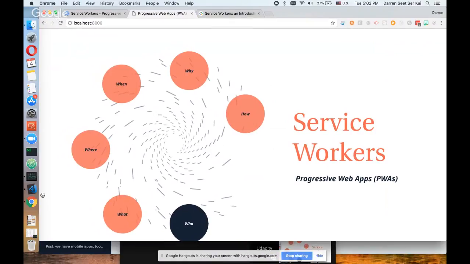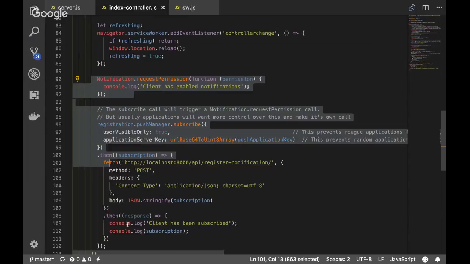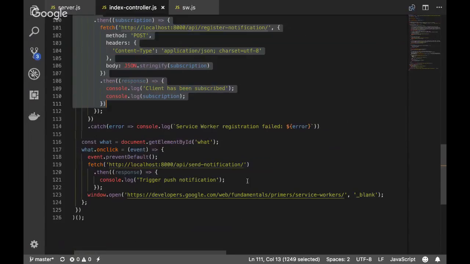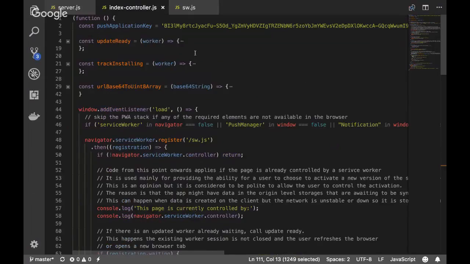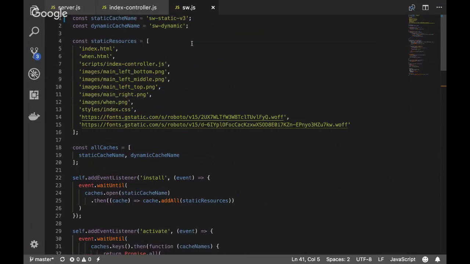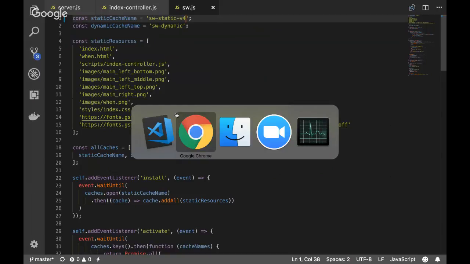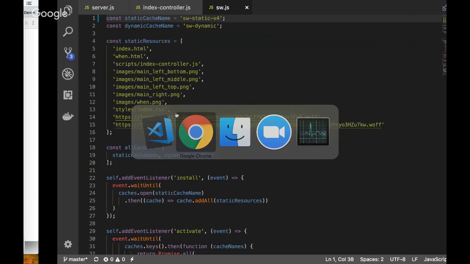So this is the place where it does the registration of the notification. And let's see what happens when I do an update to the service worker. Check that out.